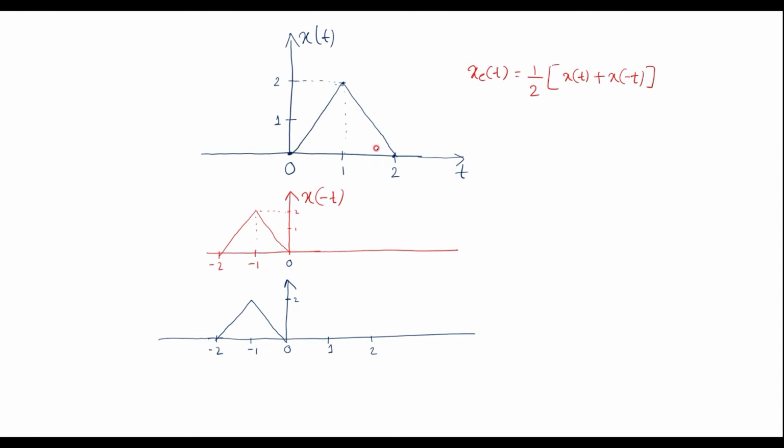So now from 0 to 2 there is a signal. Here from 0 to minus 2 there is no signal, so this signal will appear here. So this is x of t plus x of minus t. Let this be t and this be t. Now by dividing the amplitude by 2, we'll get xe of t. That is the amplitude scaling we are supposed to do.